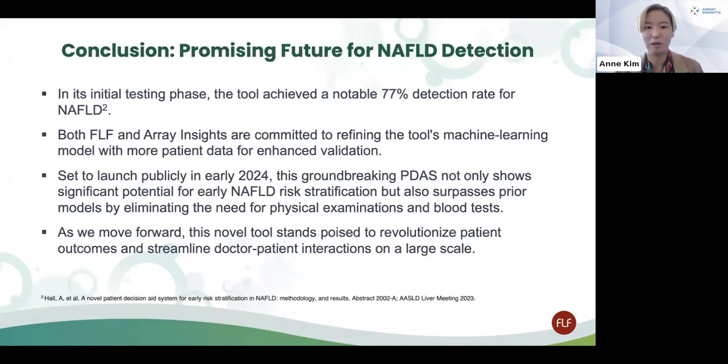What we want to do in the future is enhance and improve this model. We're hoping to launch this in early 2024 for risk stratification based on these types of data sets. But ultimately, what's also really exciting is that it doesn't stop with just SUN1 data or any sort of survey data. You've probably heard about ChatGPT or other large language models. There's a lot of opportunity to incorporate all the richness of a patient journey for risk prediction. So we're really excited about the start of this work and really excited about the future as well. Next slide.